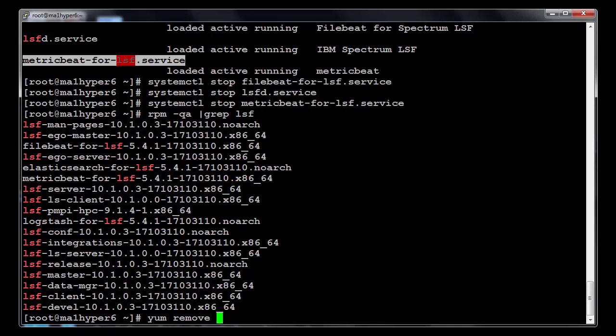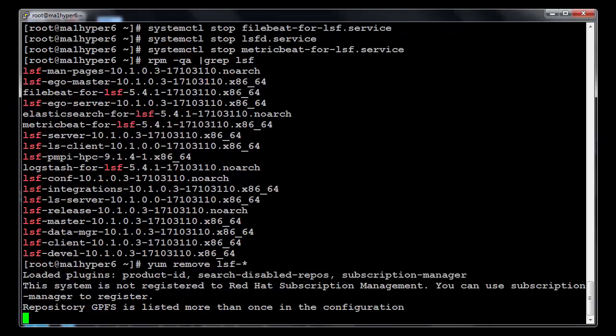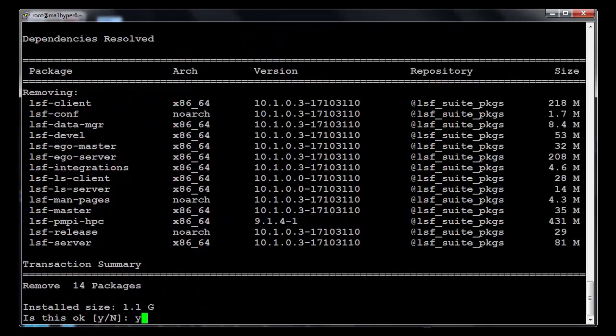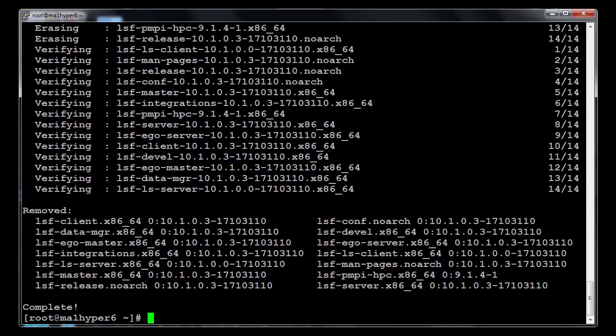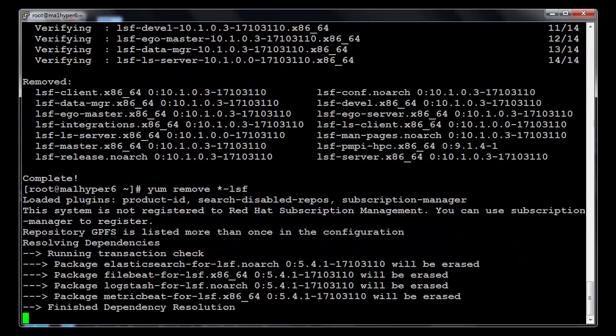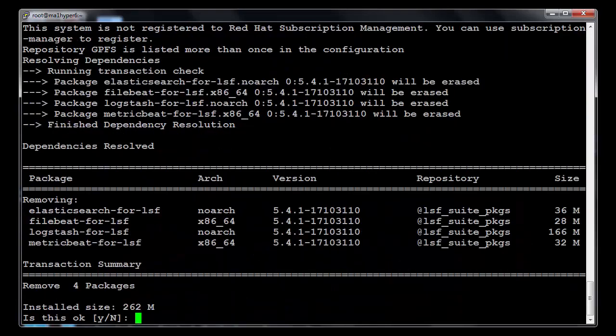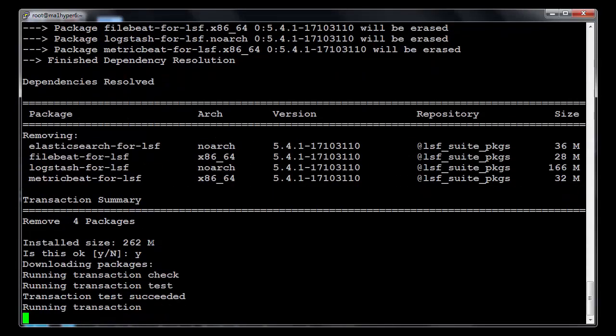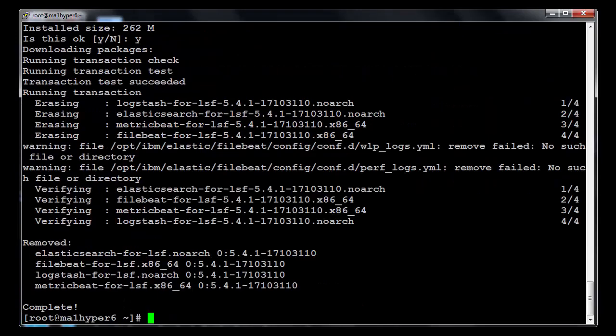So we can use yum remove lsf-*. Okay, let's do it. Okay, those ones are gone, and there were a few more that had a different name. So we'll use *-lsf. We've got these ones. Okay, let's delete these. Actually, I had installed some of these other ones, so you'll notice there's a few more. Okay,